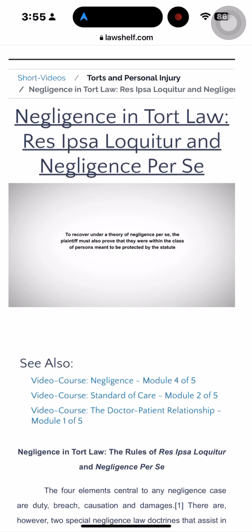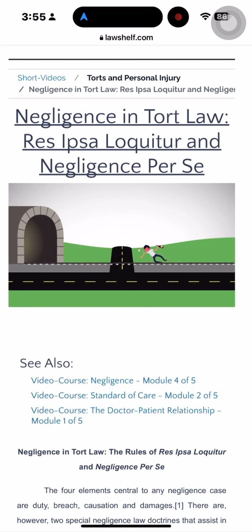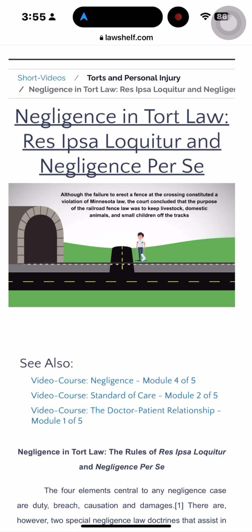Moreover, to recover under a theory of negligence per se, the plaintiff must also prove that she was within the class of persons meant to be protected by the statute. For example, Minnesota's legislature enacted a law requiring railroad companies to maintain fences at road and street crossings. An intoxicated man sleeping on the tracks crossing was severely injured when hit by a train. Although the failure to erect a fence at the crossing constituted a violation of Minnesota law, the court concluded that